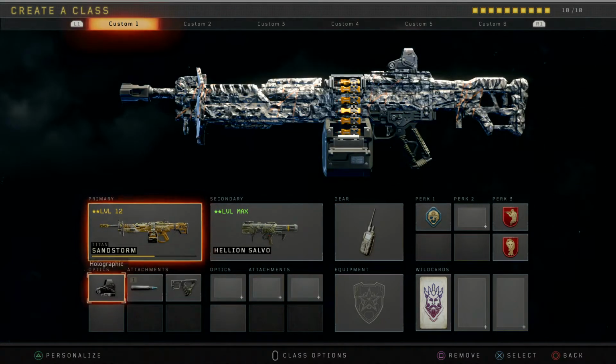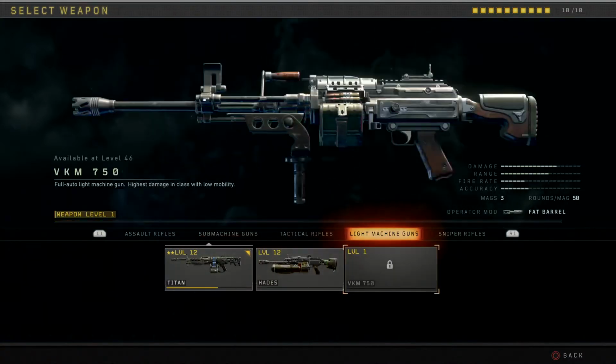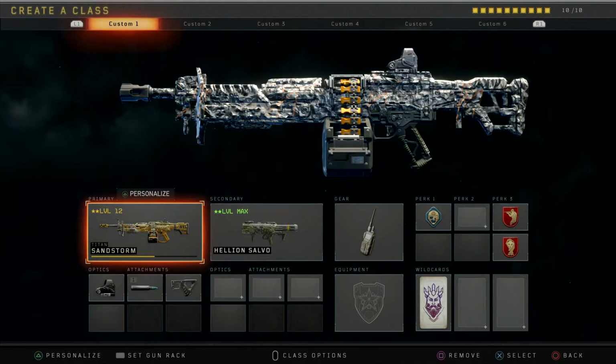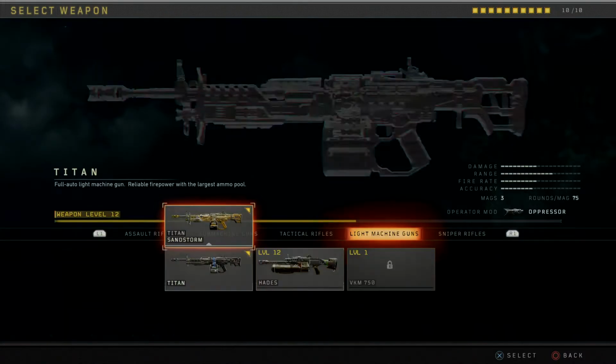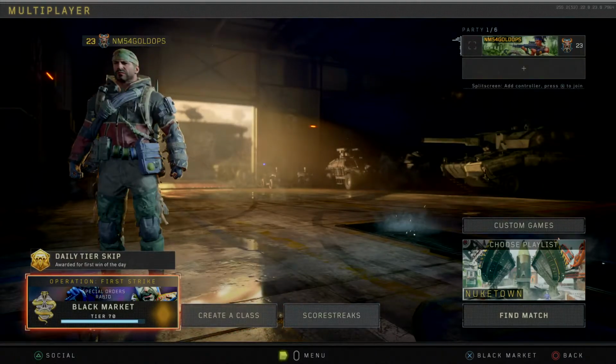Now, as for the Titan light machine gun, which is where we'll start off with today, the Titan, and actually all of the light machine guns, are very powerful, very useful weapons. Honestly, you're going to love using them once you get used to the gameplay that you have to do with them. So in terms of the Titan, I'm actually running the variant, the Sandstorm, which you get from the